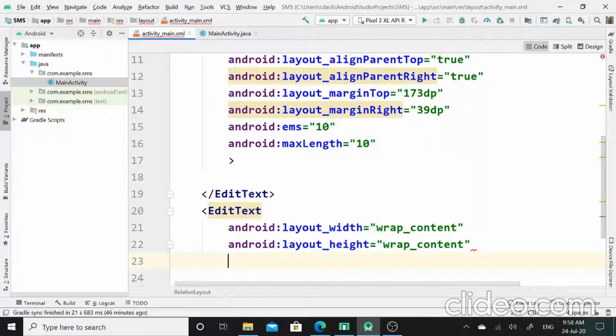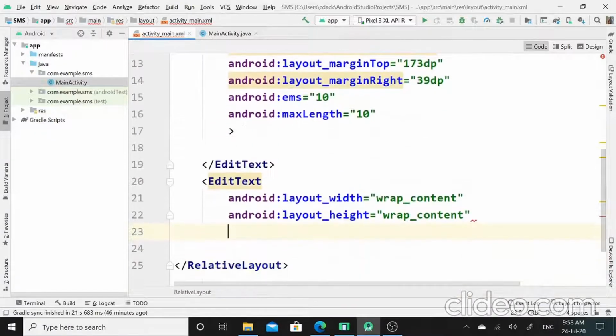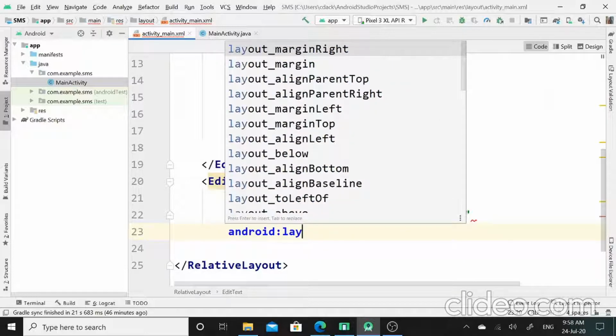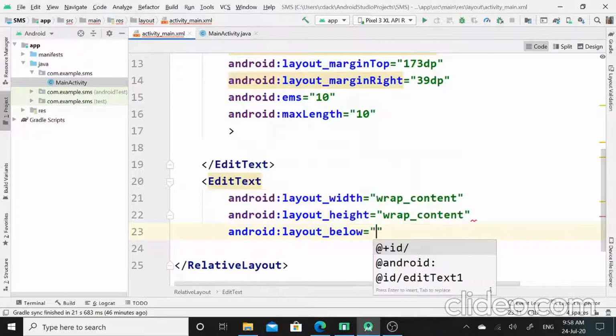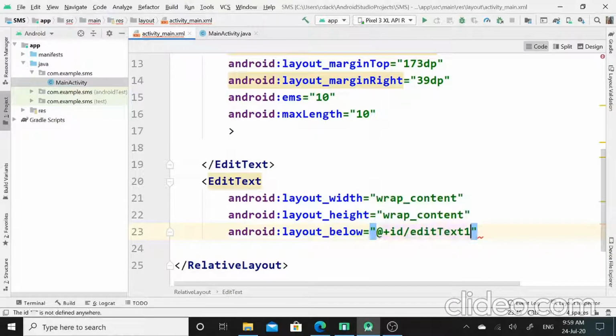Since I want this edit text below this edit text, I will set its property Android layout below, and here I will write the ID of edit text 1 tag.